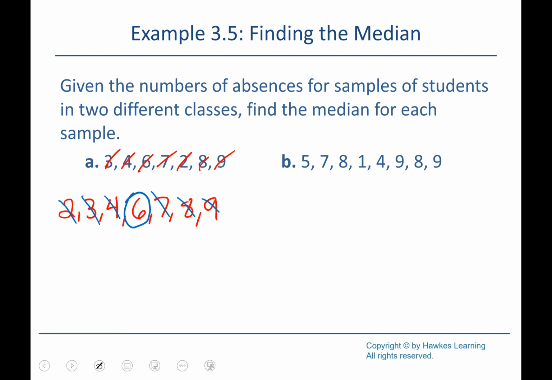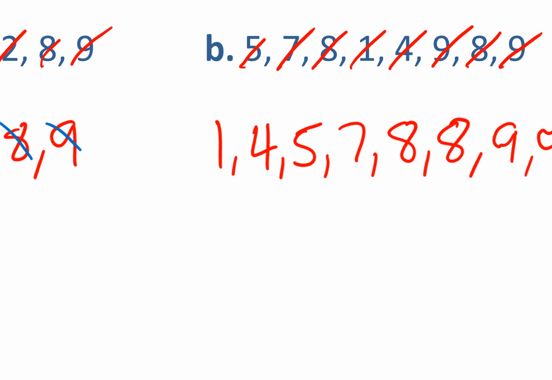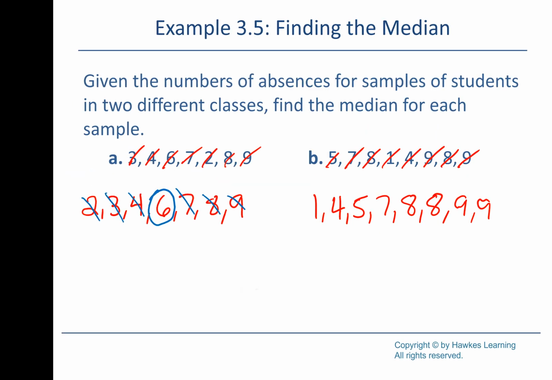Again, we want to put them in order. So let's see, I see 1, 4, 5, 7, 8, 8, 9, 9. 8, 8, 9. Got them all there. Now, if we cross values off,